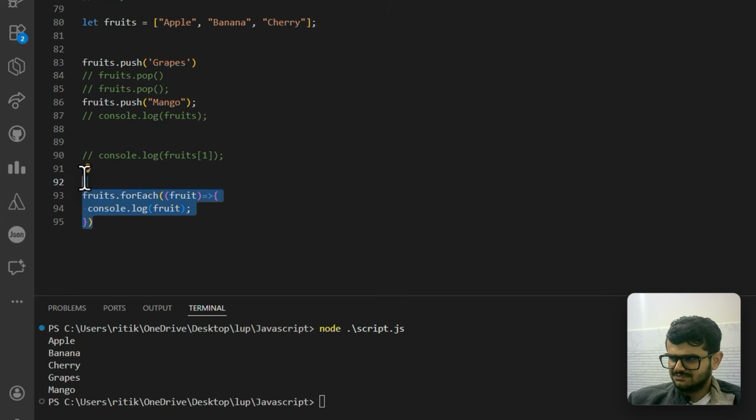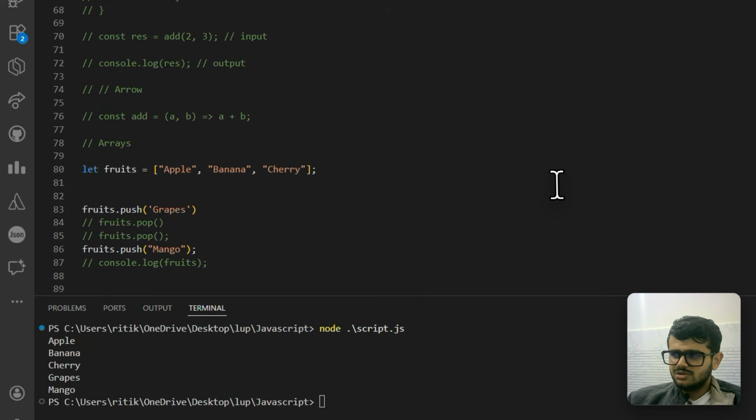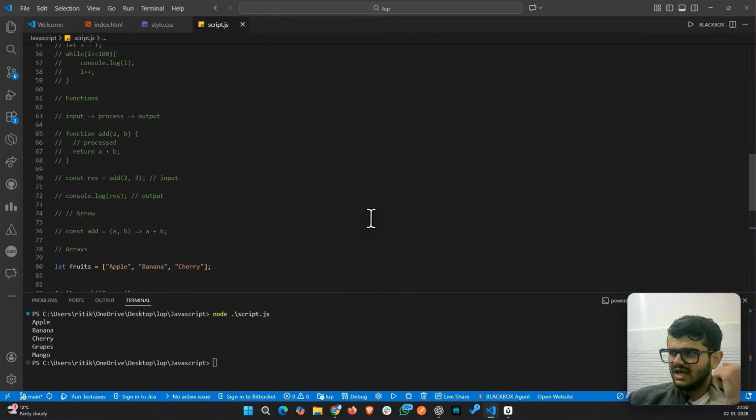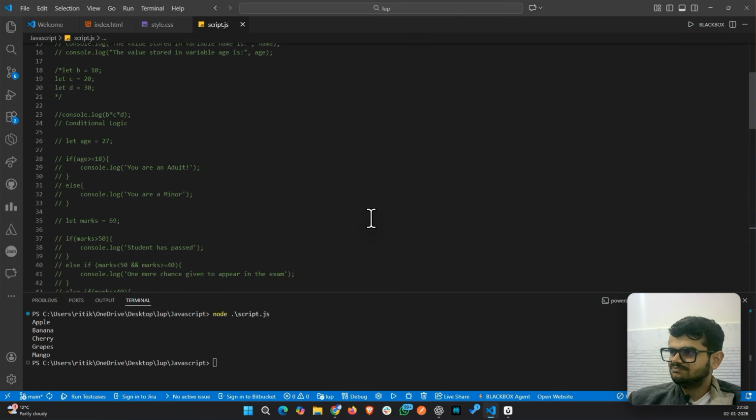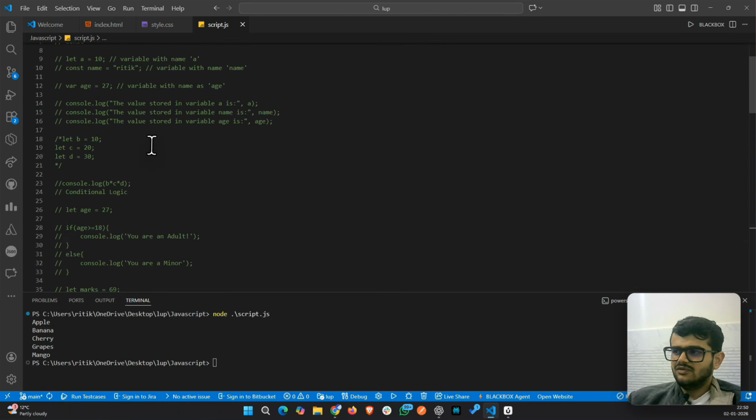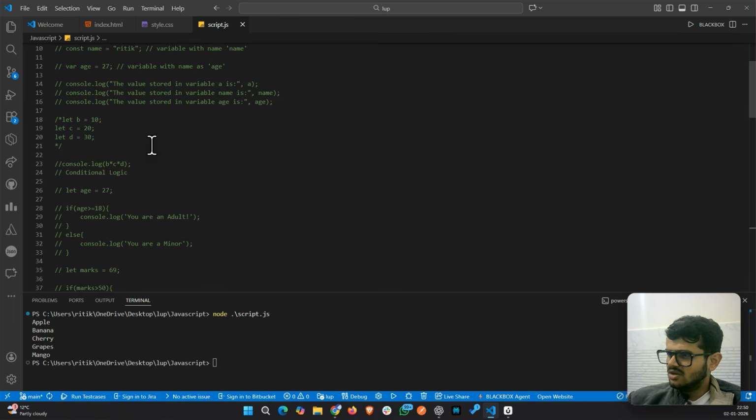So this is how it is, right? So far I think we have covered a lot. We have seen what JS is. We have seen some historical references of JS. We have seen how to declare variables, and before that, how we add JS in our code. And apart from that, we saw what variables are, what conditional logics are,